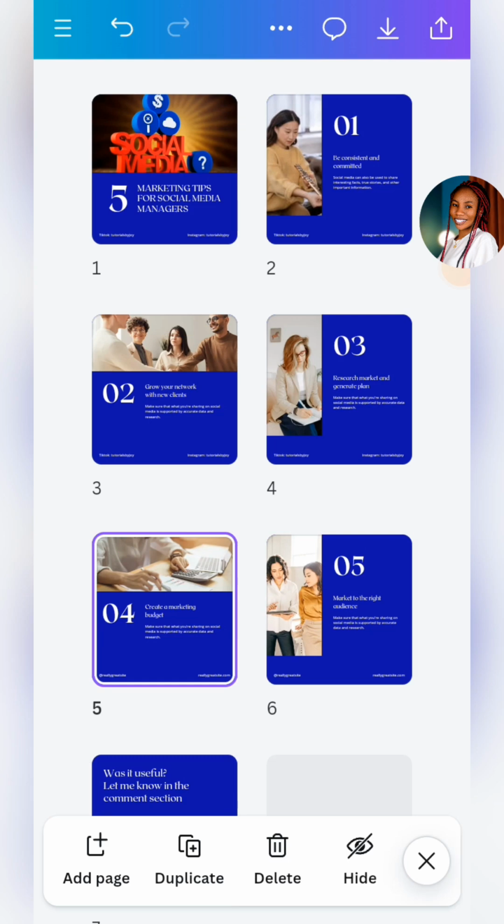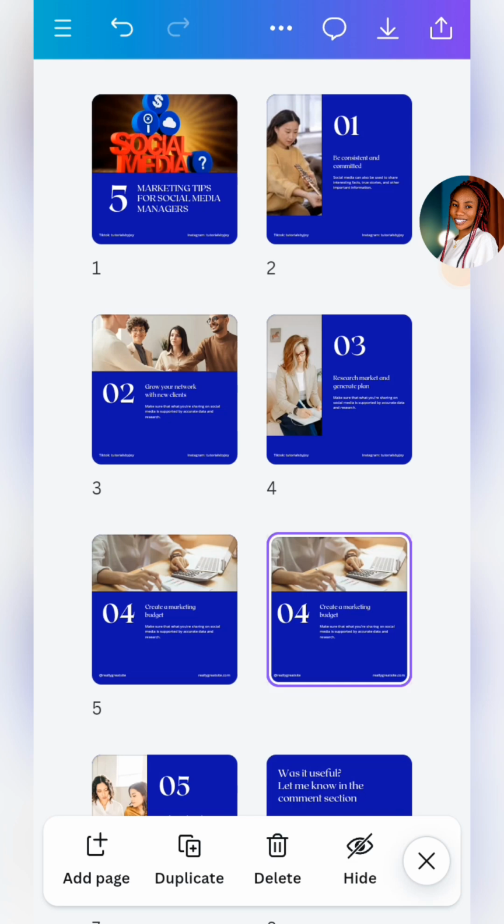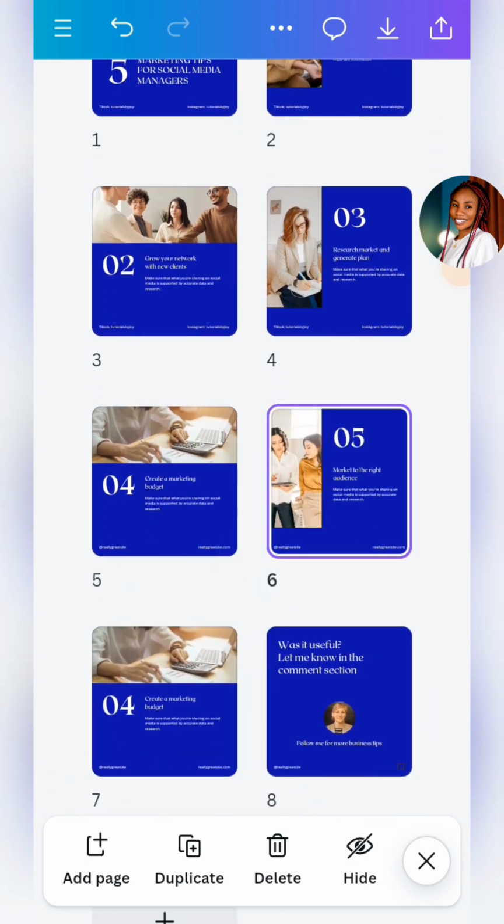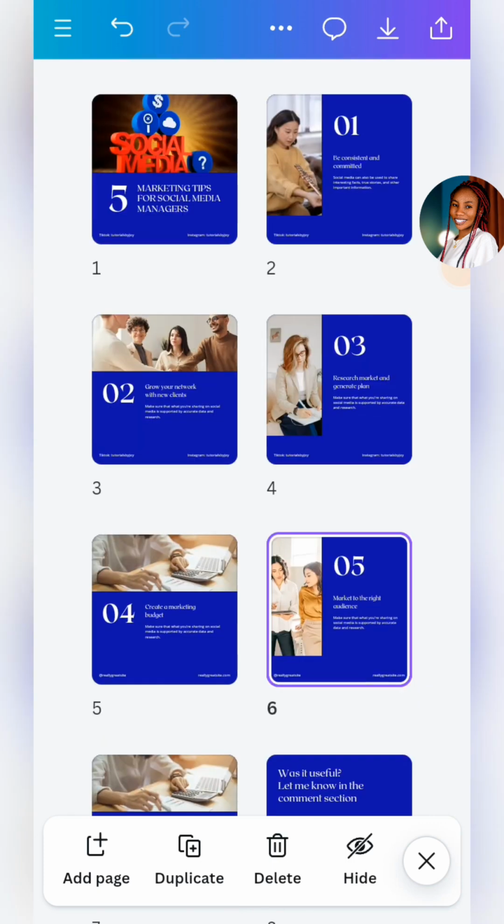Once you click on duplicate, then you drag it down here, then click on this. If you want more, you duplicate it with the same patterns, and edit it. Once you're done editing, changing the picture, changing the write-up, making sure that it is your TikTok, Instagram, or Facebook name, come over to this arrow here, click on this,